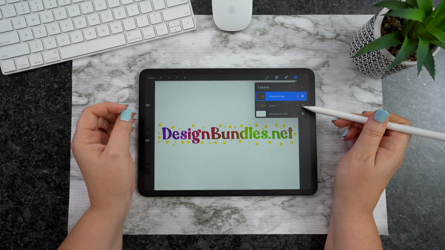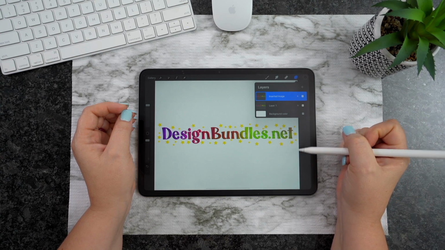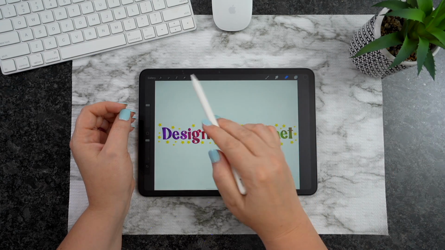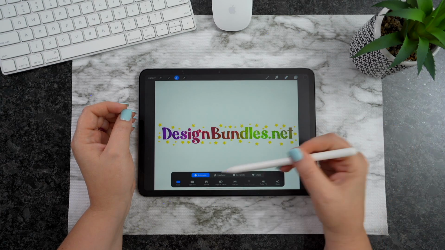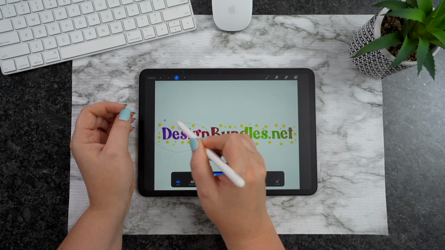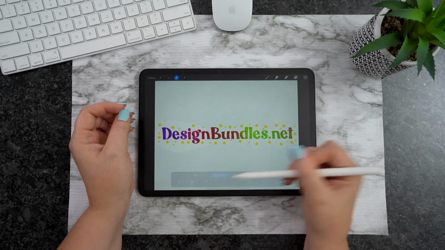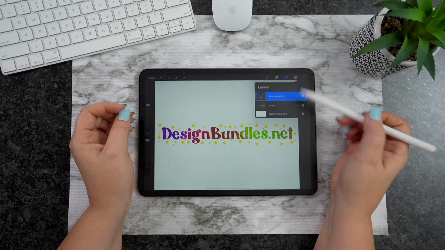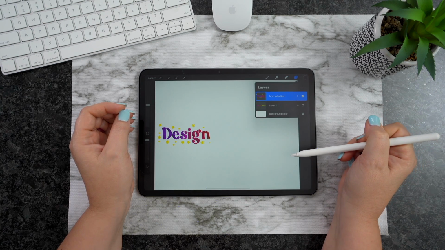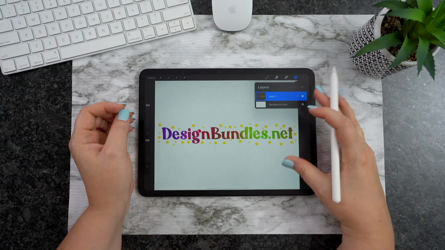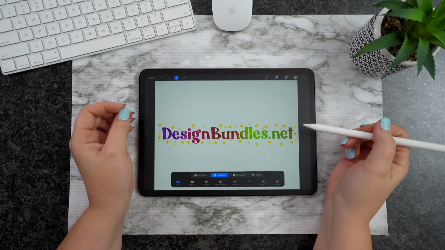You can see we've got a second layer here. All right, so let's go back in. We'll hit delete. Let's go back to that selector tool. There's a few different ones to choose from. We can do a freehand, so I can completely just draw around wherever I'm wanting. I just want this design and not everything else. Whenever I hit that copy, it's going to just copy that one layer. So you can see wherever you drew freehand, whether it's around a star, whatever it may be, that's all it's going to get.